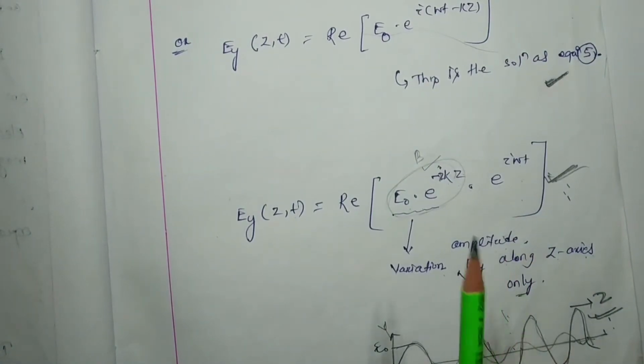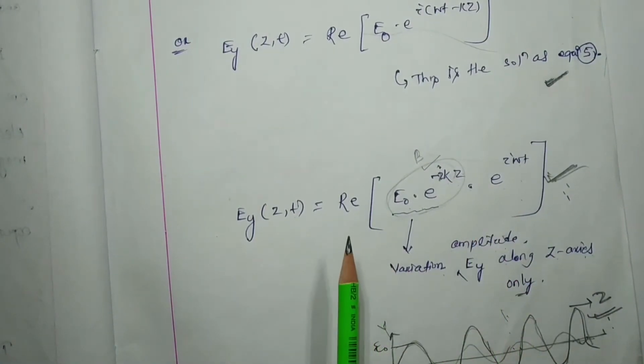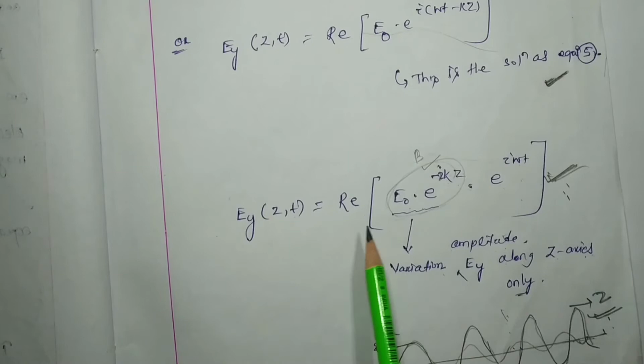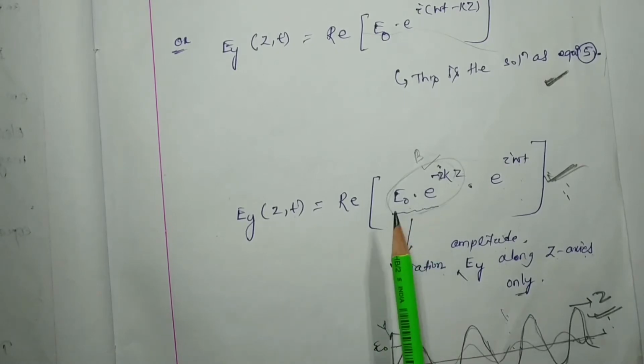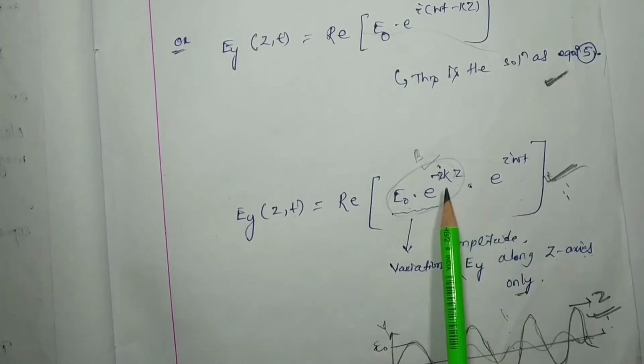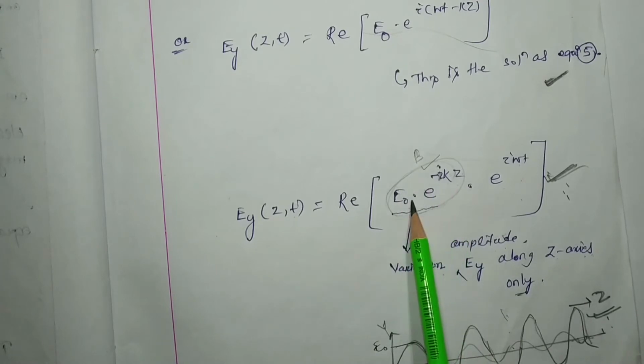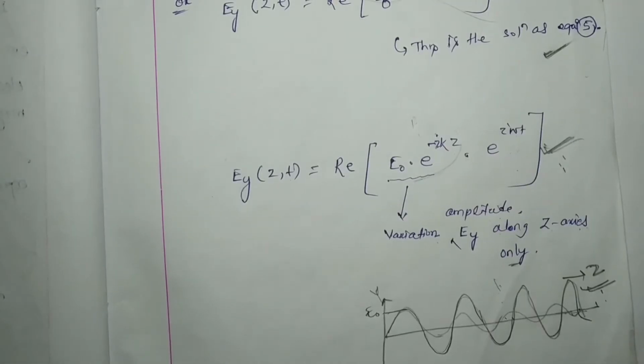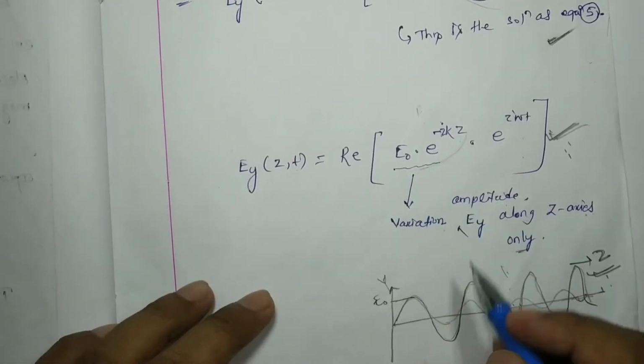That means in general we can say that E(y, z, t) is the composite of the solution belonging to amplitude and the time varying factor. Okay, or this also can be written like this,